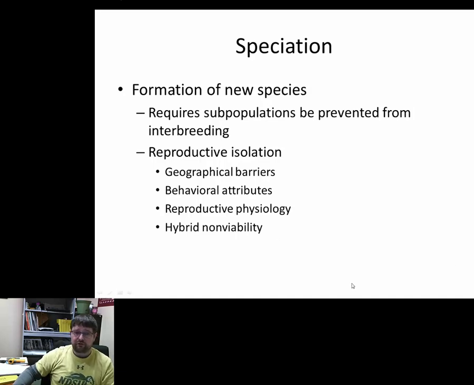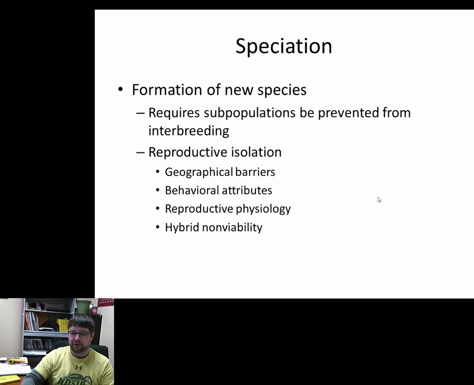There are quite a few different ways you can get reproductive isolation. Here I just list a few. You can have geographical barriers. This could be an island and a mainland with the ocean in between, and they can't traverse. It could be a river splitting things in two. It could be a volcano erupting and splitting two things. It could be a mountain range. Humans can do it with an 8-lane highway separating two populations, or a city that separates a northern population from a southern population, and they're not migrating through the city. There are lots and lots of geographical barriers that can isolate populations.